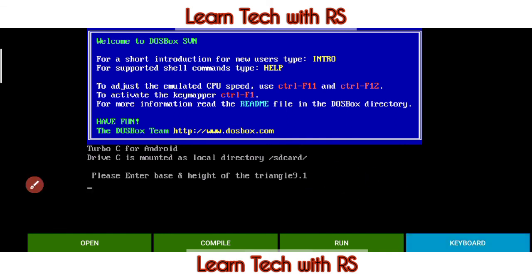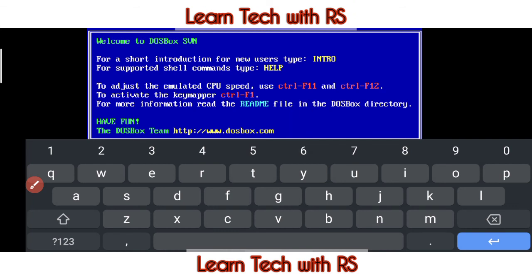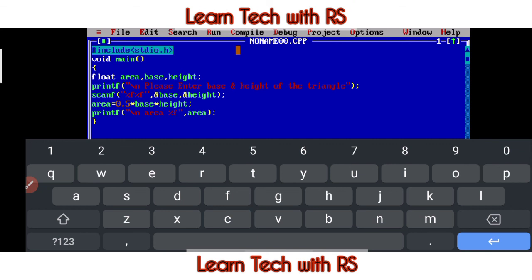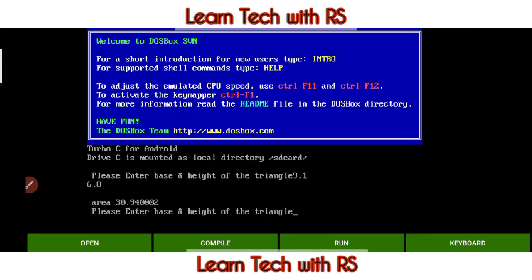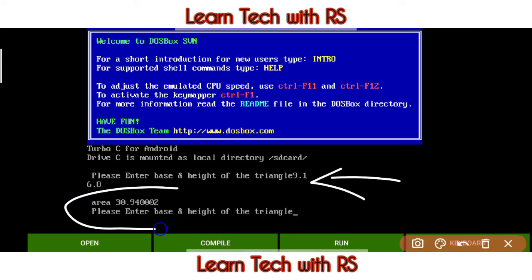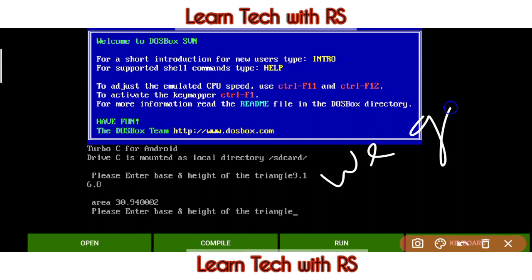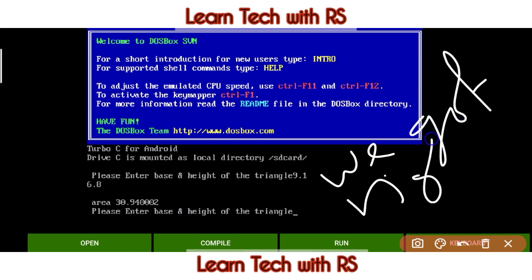Now we will go for the height maybe 6.8. Okay, enter. So the result came. So you see this is how it will work. You got the result. See, we have the area, then we are correct. Okay, so we got the right program.